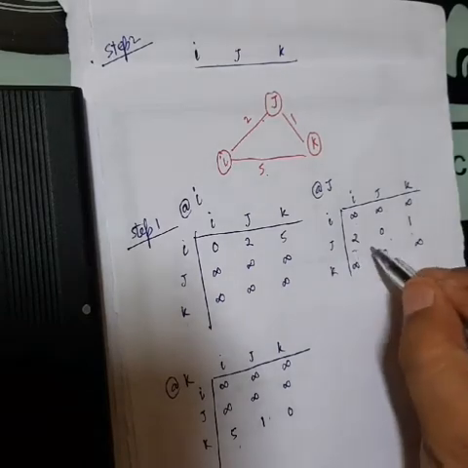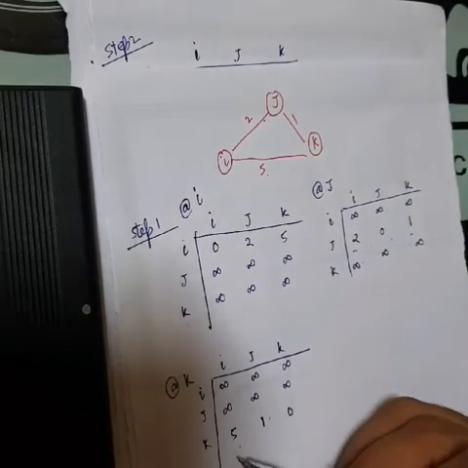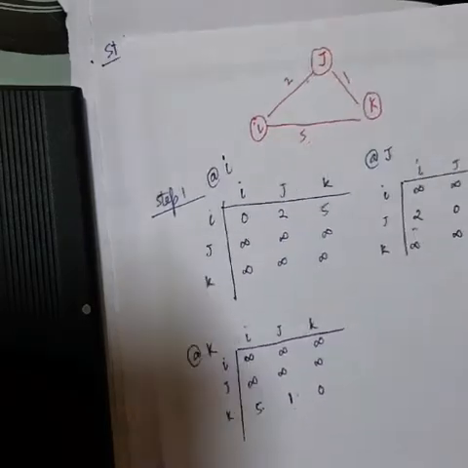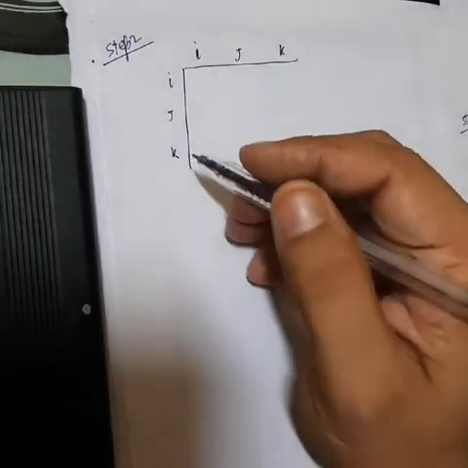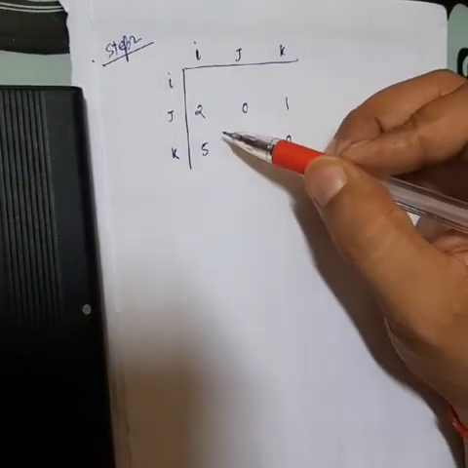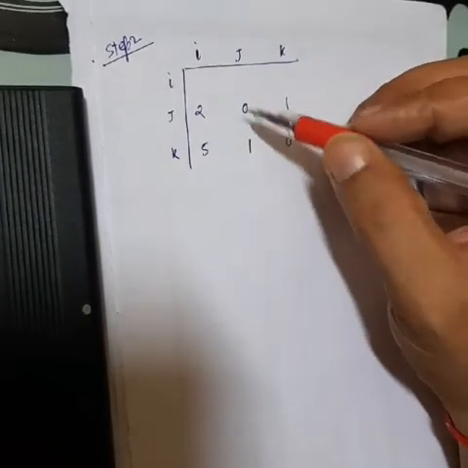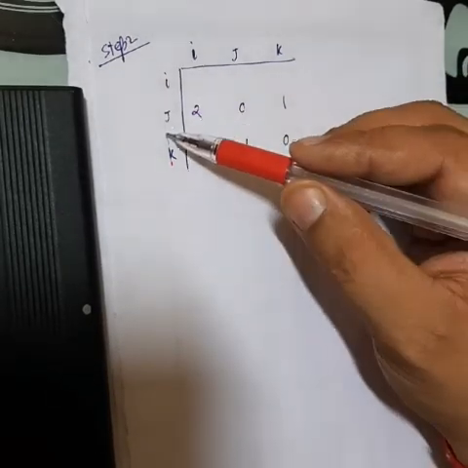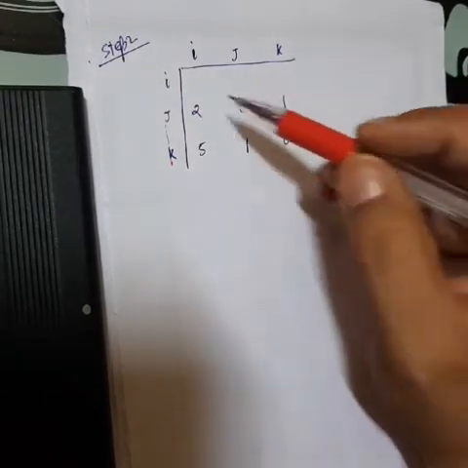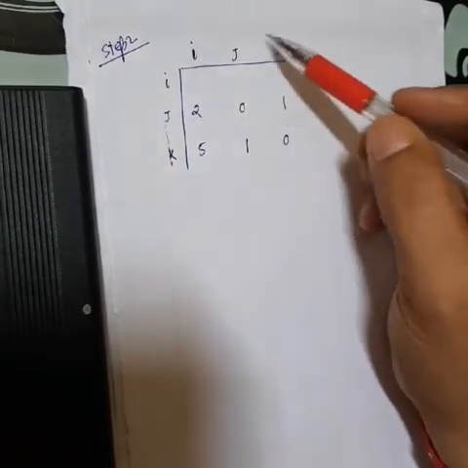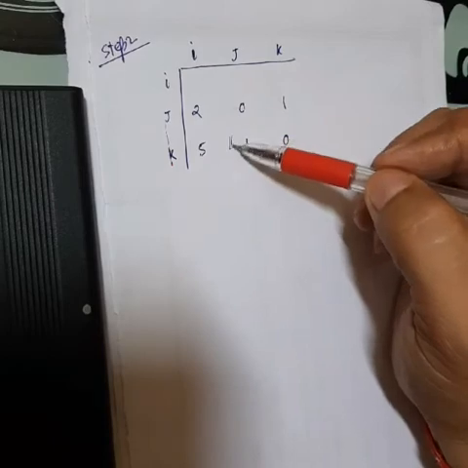So the value of I is 2 0 1 and the distance vector of K, 5 1 0, are exchanged to I. So the table can be seen here. After exchanging the local cost from J and K, I find the J and K vectors as here. Now after receiving these distance vectors, I update its own information according to these vectors.